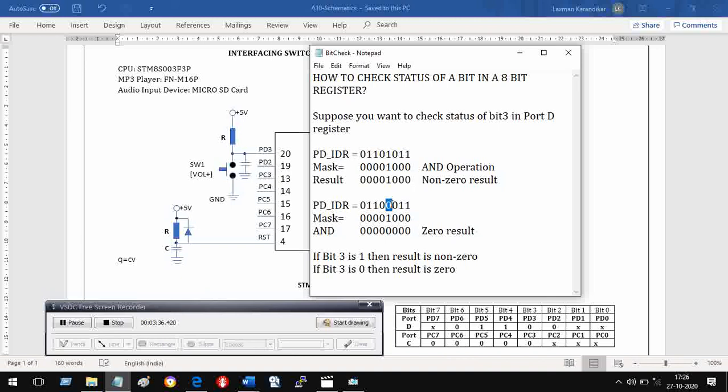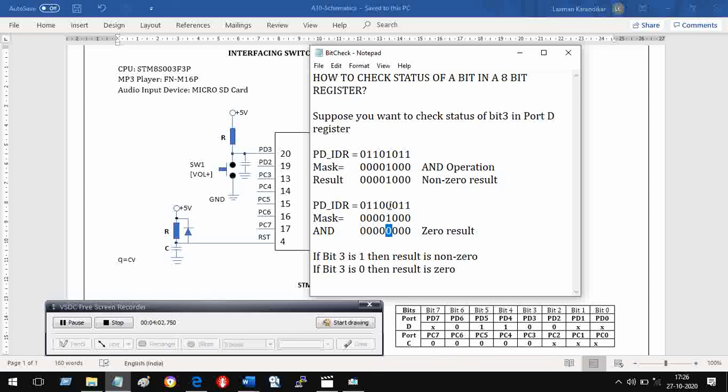If this bit is 0, then what will happen? The mask is the same, and I am performing the AND operation. So the result is 0 for every bit, and 1 AND 0 is 0. So the overall result becomes 0.